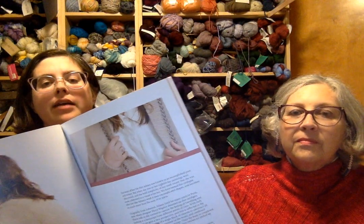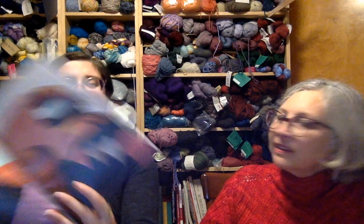Oh, this. Okay. And then the Etal cardigan, which is color block. See, because it goes all the way around. And it's got a nice little braid detail around the collar and button band. That is lovely. It really is pretty. Ooh, and the periphery hat. The hat's cute, but